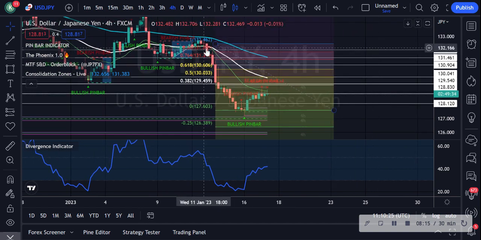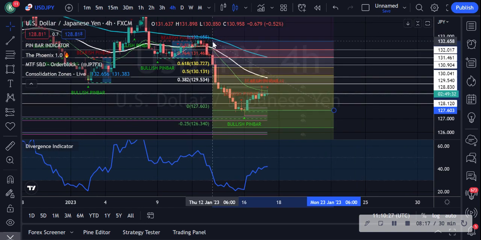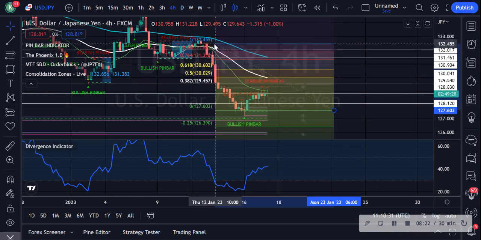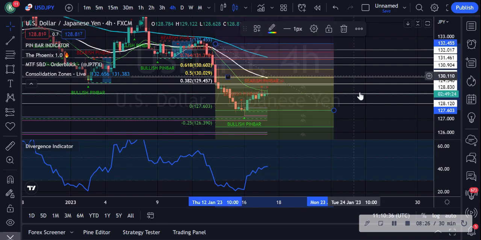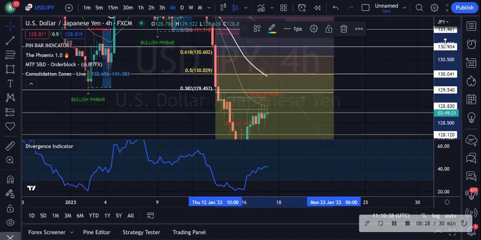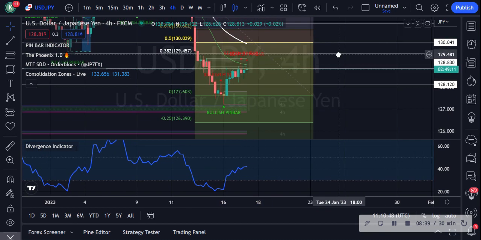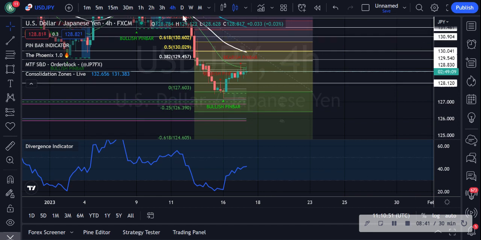I mean, at the end of the day, if I were to take this and roll it up here, to be fair, guys, it is very close to 0.3, but like I said, I do think it might just be a negligible push up to the upside just for retracement, and then it's going to drop. So we are bearish on USDJPY for the time being on a short term